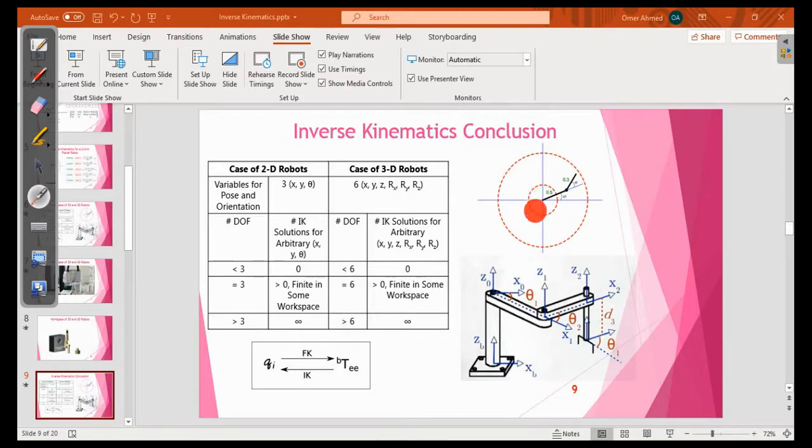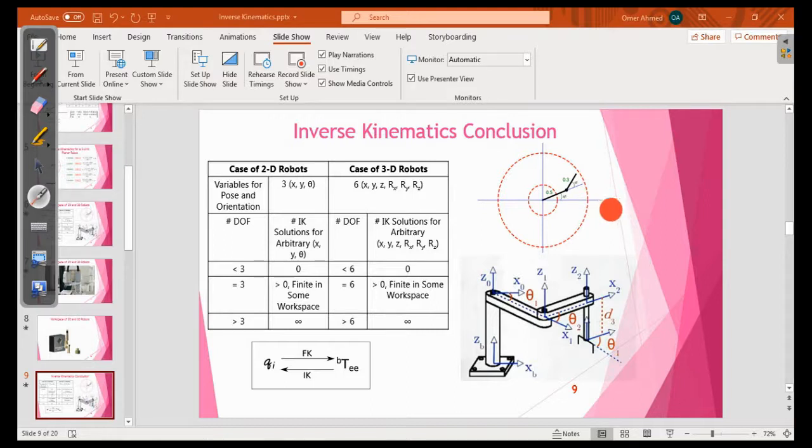So for the number of solutions for inverse kinematics, we have 0 solutions outside, 1 solution right on the boundary, 2 solutions inside, and 1 solution on the inner boundary of the workspace, and then again 0 solutions inside this inner circle, which means that this is beyond the workspace of the robot. And this is something we will see very, very often, where the number of solutions for inverse kinematics varies depending on where we are in space.